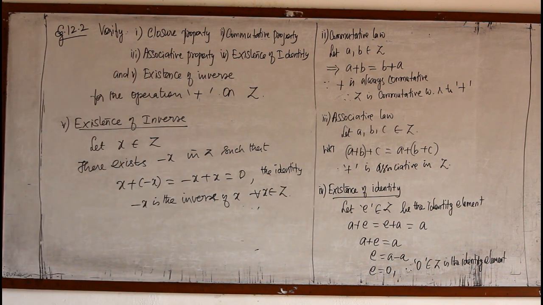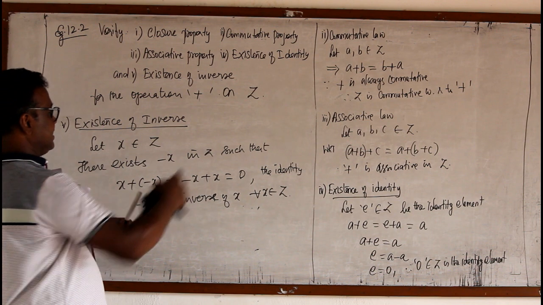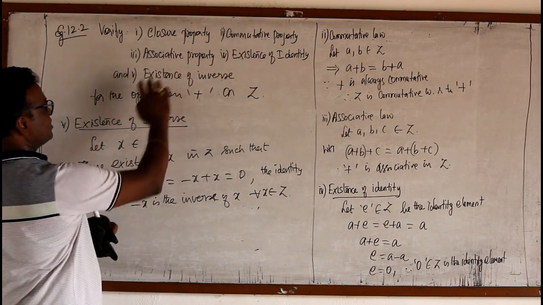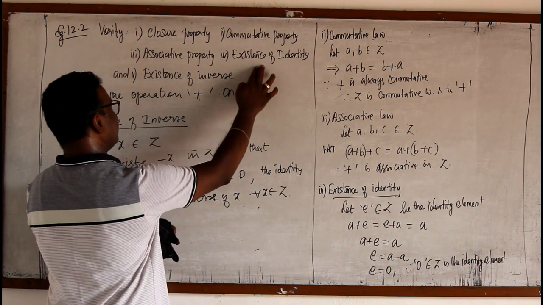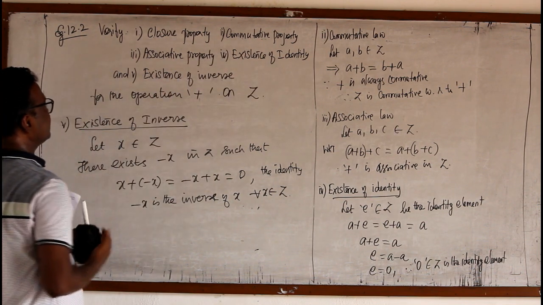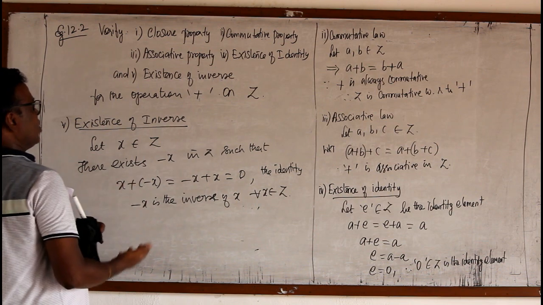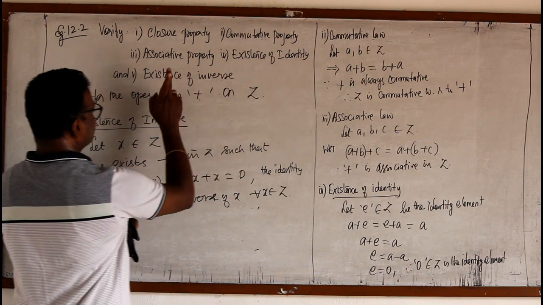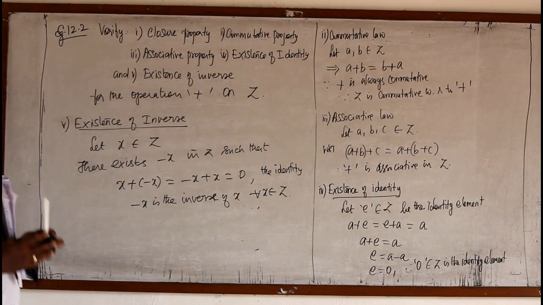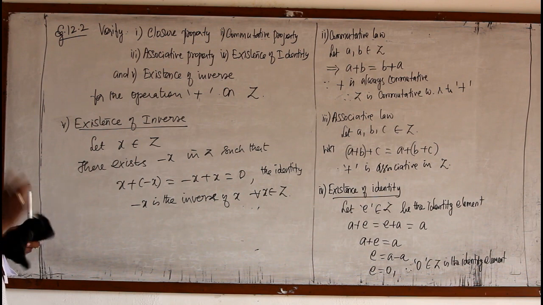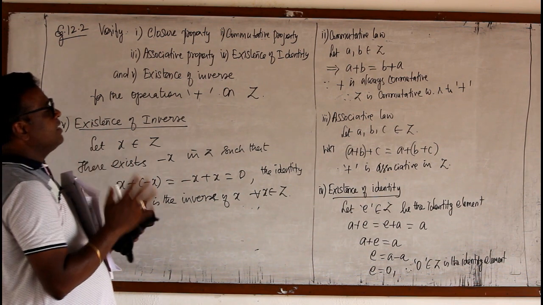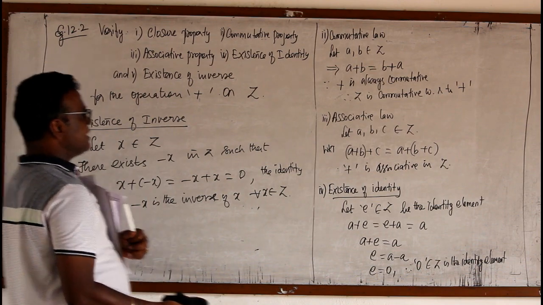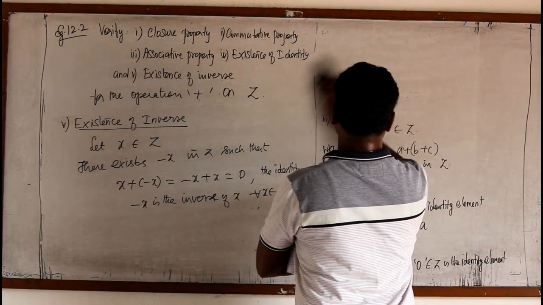So this is how we found everything. We proved the set Z with respect to plus is closed, it's commutative, it obeys associative property, there is an identity element existing, and also there is an inverse existing. But we know already, if addition is the operation, identity will be always 0, the inverse will be the negative elements. So if we keep this in our mind, we won't be forgetting. Whenever addition is there, the identity is 0, the inverse is negative elements. So with that, example 12.2 is over.